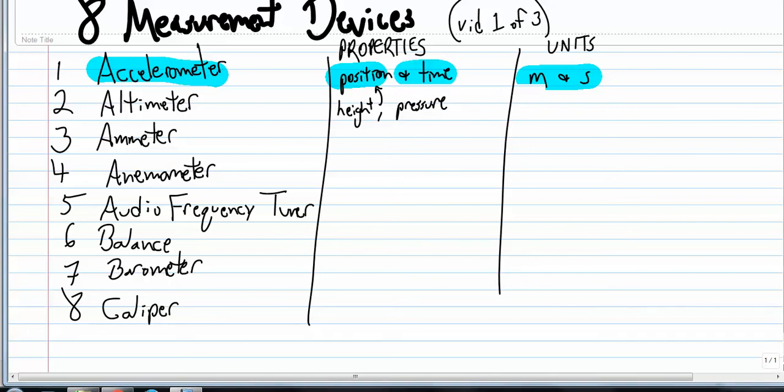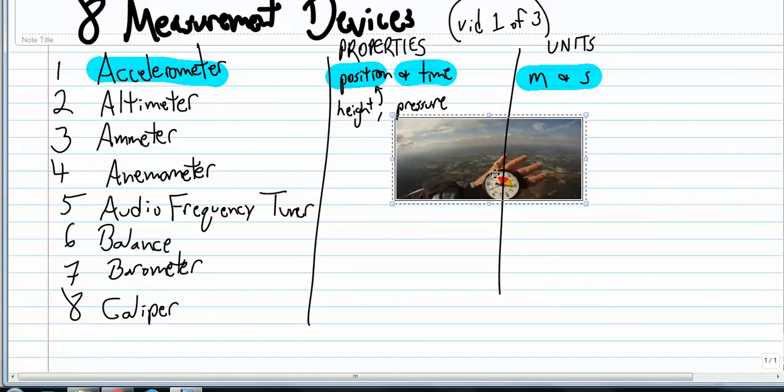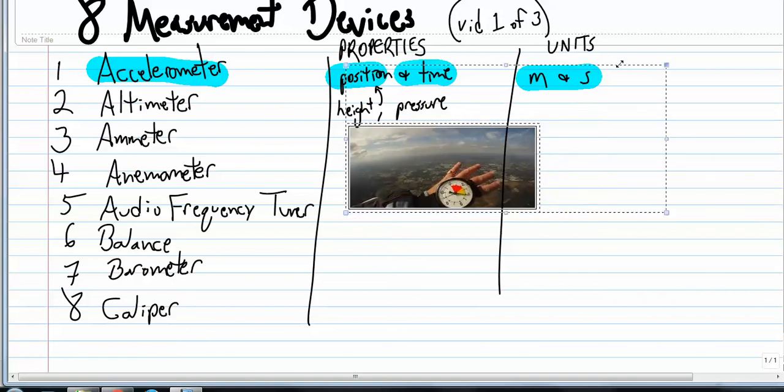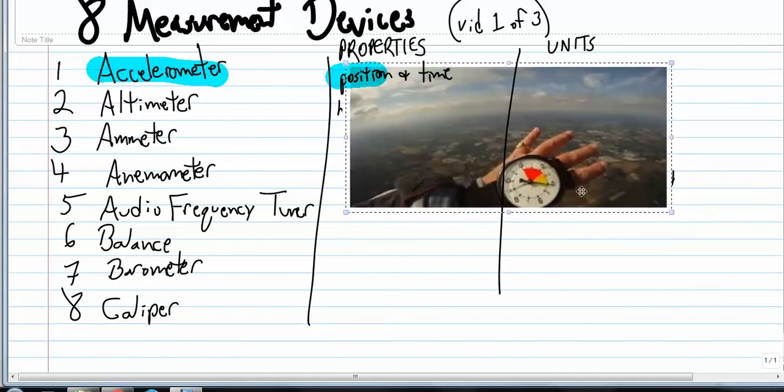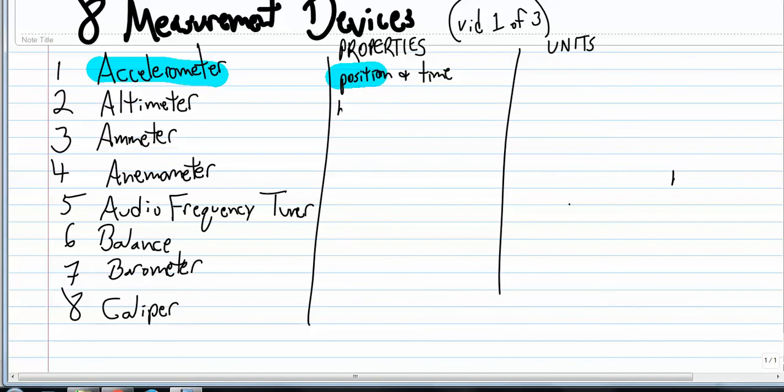So here's a picture I found of somebody who's skydiving, and they've got this altimeter on their hand, and as they fall, it's measuring the pressure change. So as the pressure changes, they can tell, oh, okay, I'm getting this close to the ground, that close to the ground. Maybe I should pull my cord so that way I don't get splattered. So ooh, I lost my text there. Oh well. So anyway, an altimeter measures position, so we're going to say meters,